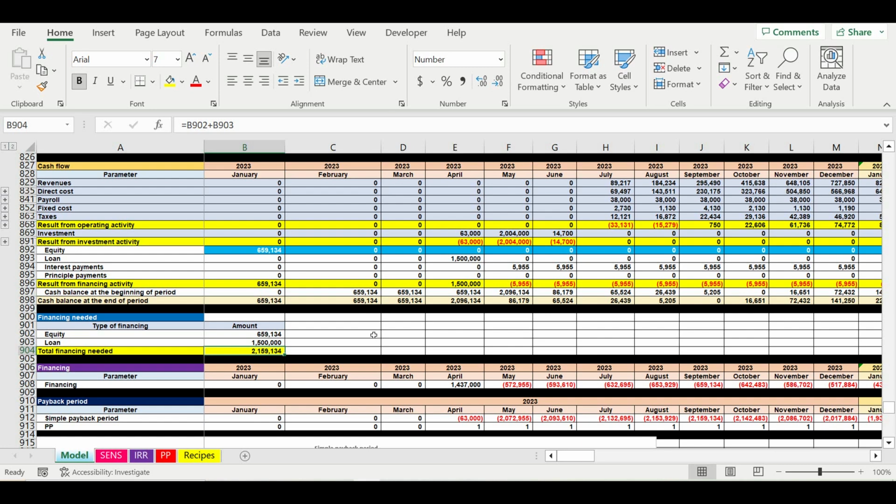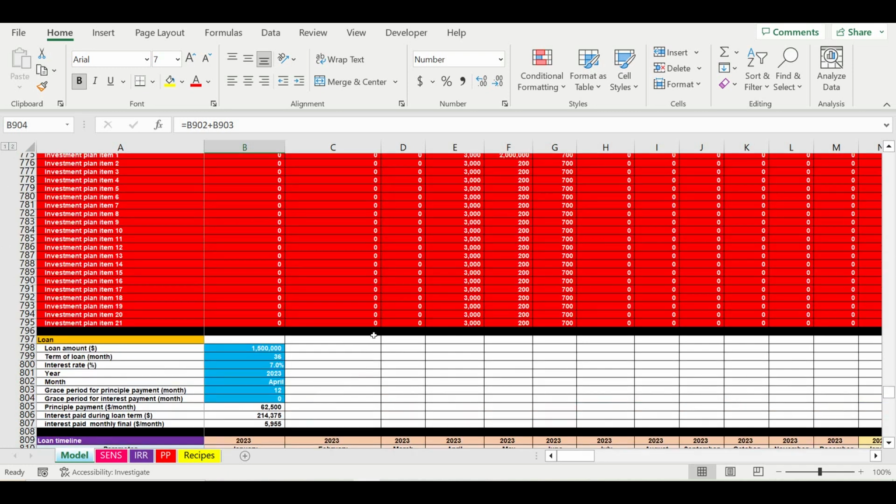So this is a very important block of inputs, because when you open your business, you won't be able to